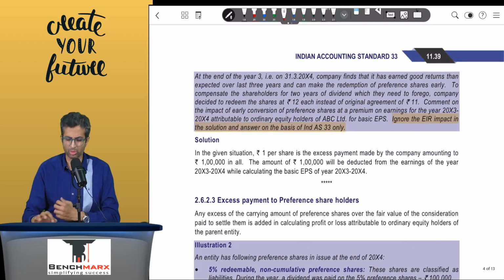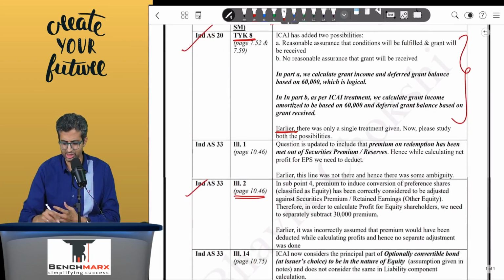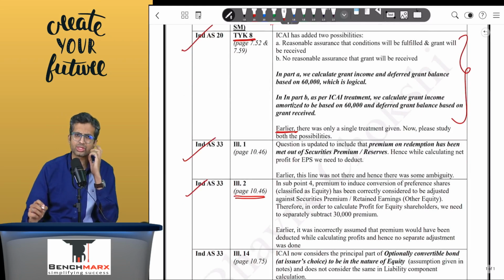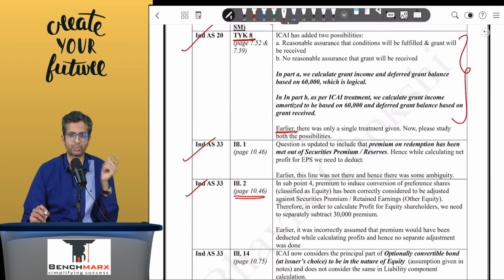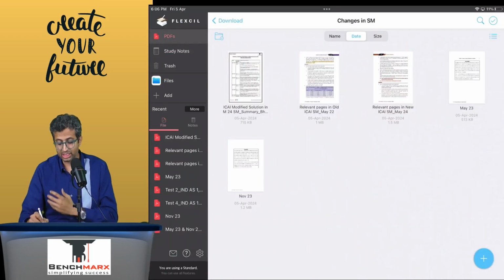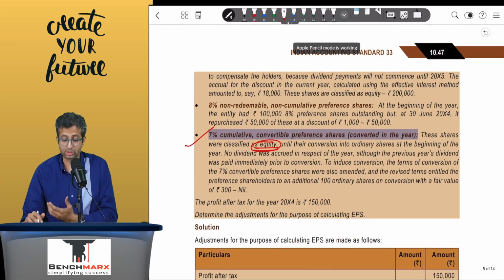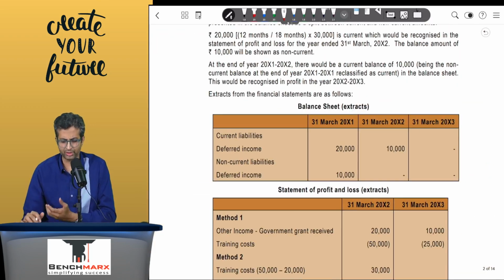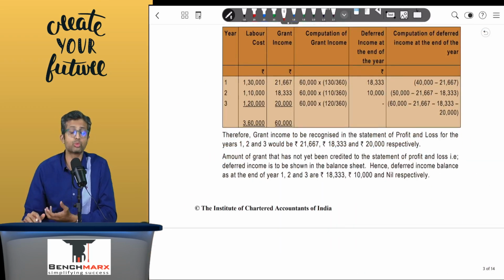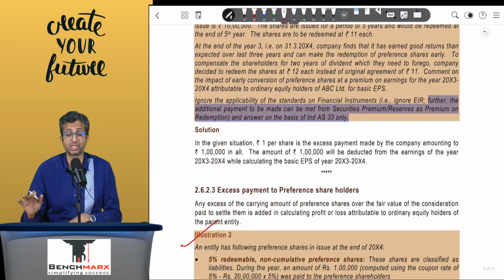In illustration number 1, there is a small, I would say, clarificatory change. So in illustration number 1, there was a case where there was an early redemption of preference shares happening, because of which you had to pay a 1 rupee premium. And they would say that this 1 rupee premium should be deducted. A lot of times students would argue, and rightly so, that if there is a premium for preference shares which are in the nature of liability, it would have gone into the P&L. Institute has said that we will ignore the applicability of Ind AS 109,